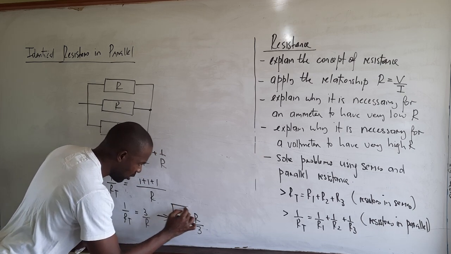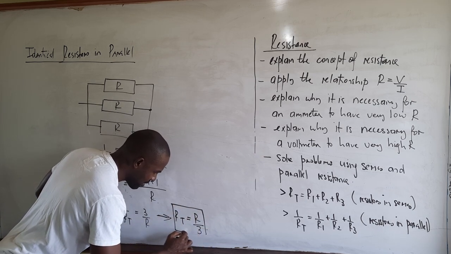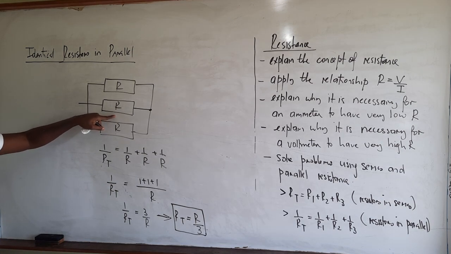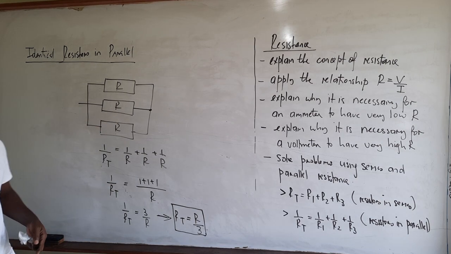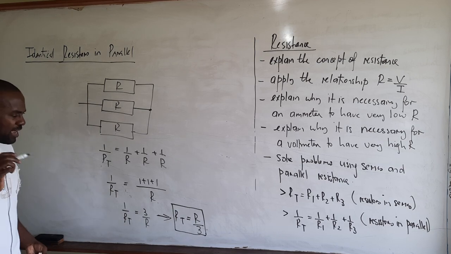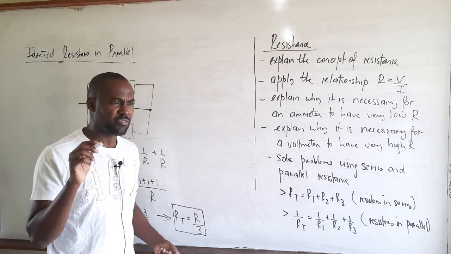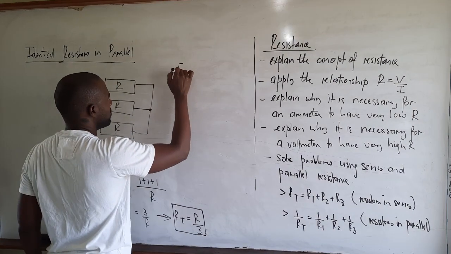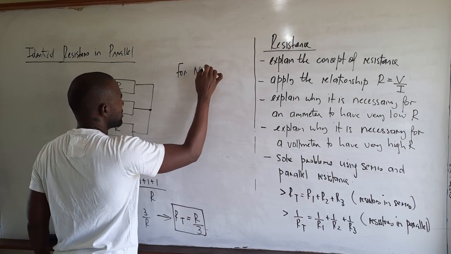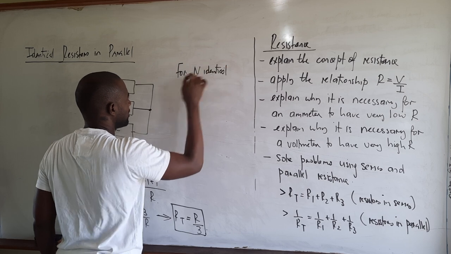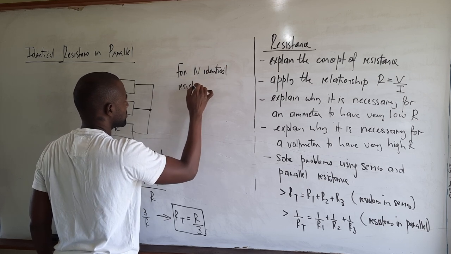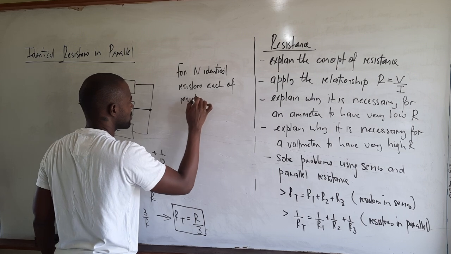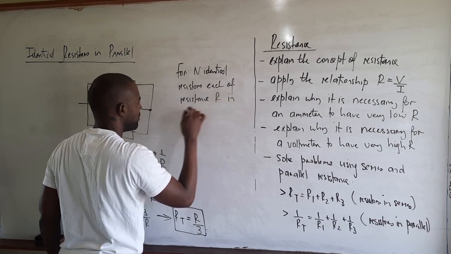And of course, it's not a coincidence that we end up dividing by 3, because that was the number of identical resistors in parallel. So what does this generally show? That if we have n identical resistors, each of resistance R, in parallel,